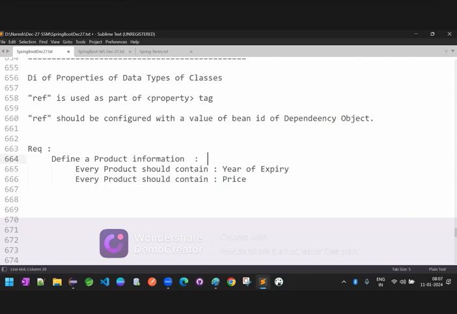So as part of product information, expiry year, manufacturing year, and as well as name of the product and